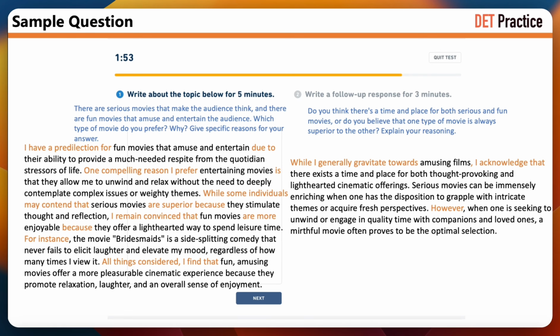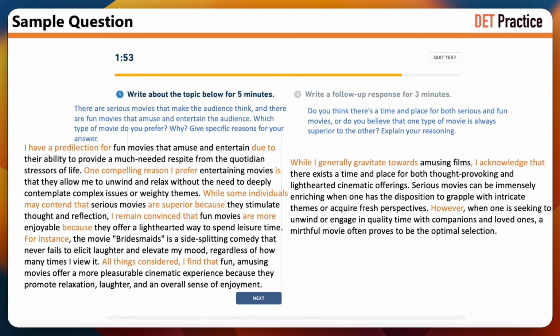The response incorporates the contrasting viewpoint as suggested. "While some individuals may contend that serious movies are superior because," it then reinforces the original preference using the template's language. The example is introduced with "for instance," and the conclusion begins with "all things considered," both adhering to the enhanced template. Throughout the response, advanced vocabulary is used, such as "quotidian," "contemplate," and "illicit," demonstrating a high level of language proficiency. Follow-up response. As in the previous example, the follow-up response doesn't strictly adhere to a template, which is